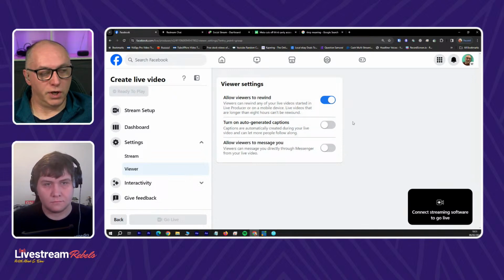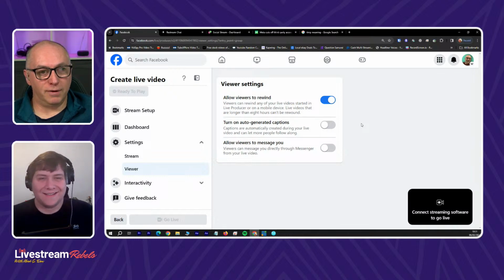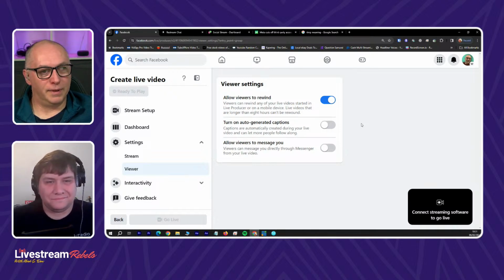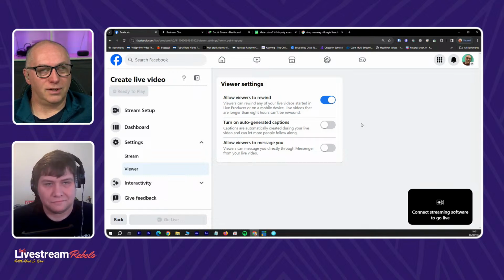You can do auto-generated captions. Now, I've seen people do this before, and I've got to be honest with you, they can turn it off at viewer level, but I don't particularly advocate using Facebook's live captions. They are definitely getting better, but they are not good, and I've seen it inject some less than favorable words.